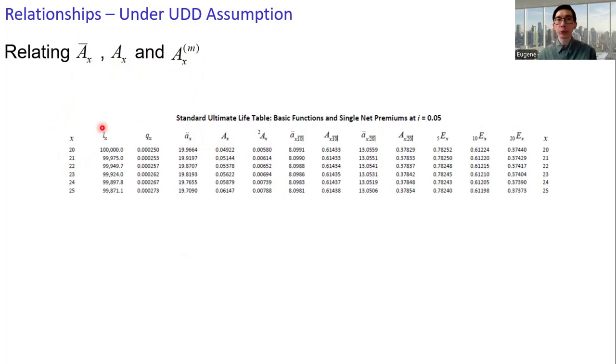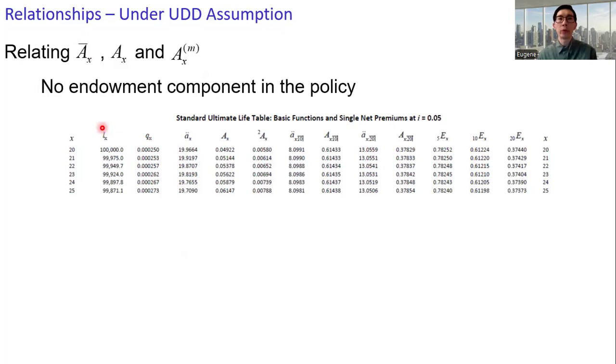To do the approximation, first of all, we assume that there is no endowment component. That is, we do not include the endowment insurance for the time being. How do we do the approximation? One convenient way is to use the UDD assumption for fractional ages. Under the UDD assumption,